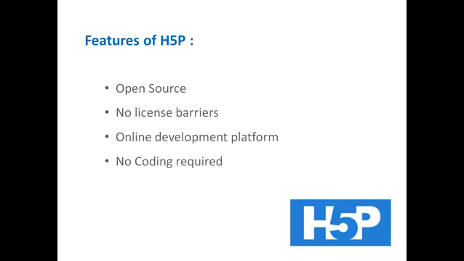And whenever you want and wherever you go, you don't need to take your laptop or your system. You can just log in to any system, and then you can use the content for your children, for your students. So the best thing is it's an online platform. It's the best feature. And the very important thing is no coding is required. We don't need to know any coding like C++ or Java. Earlier I told you, no coding required.